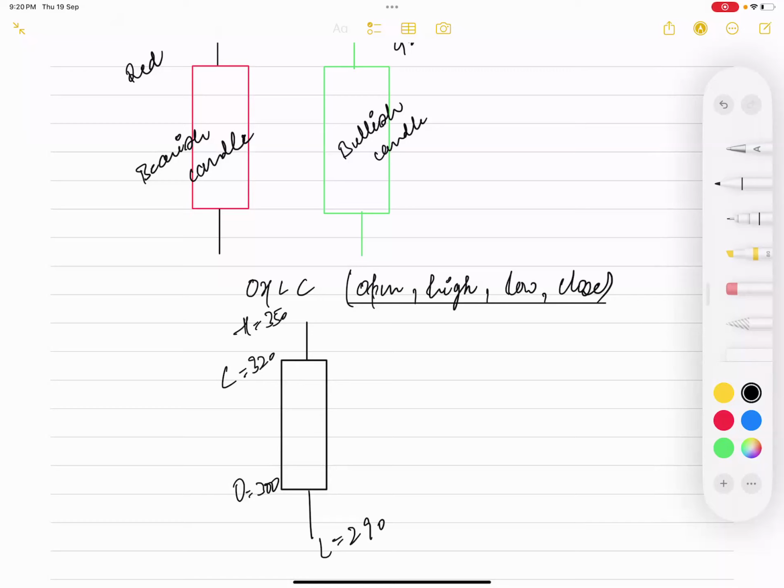But this depends on the color of the candle also, right? What you're telling us is the green color is a bullish candle, right? Yes. This is a bullish candle because it opened at a low price and closed at a higher price. So it will be a green candle, because the closing was at a higher price. So that is how it is.